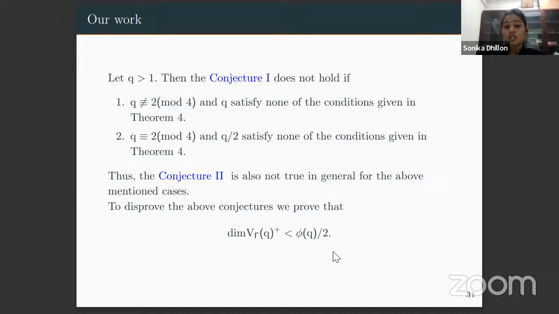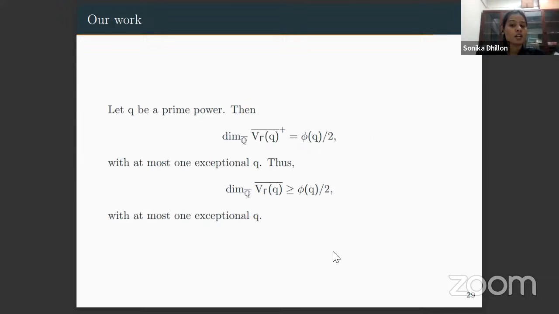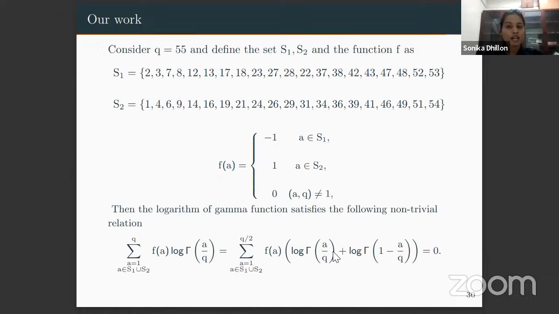So even if this conjecture is true for the case of, say, prime powers, we can't use that conjecture to talk about the transcendence or the non-vanishing of the L function, because as soon as you go to prime powers, f hat is no longer a Dirichlet type function. So we can't use this conjecture, because this conjecture deals only with the case when GCD of a comma q is equal to 1. So that is one disadvantage, in the sense that we can't talk about the transcendence of these functions.